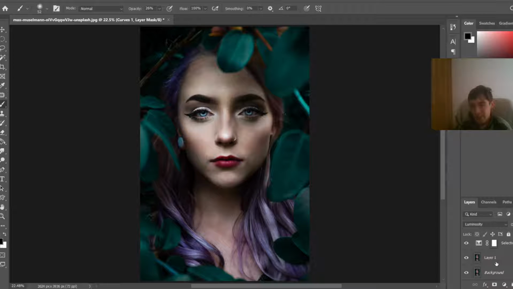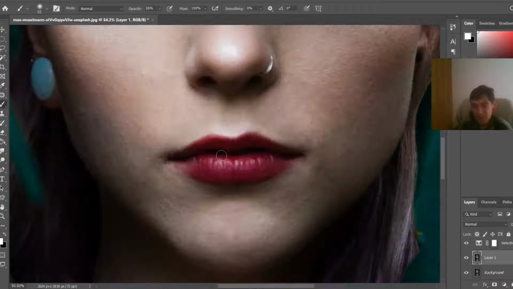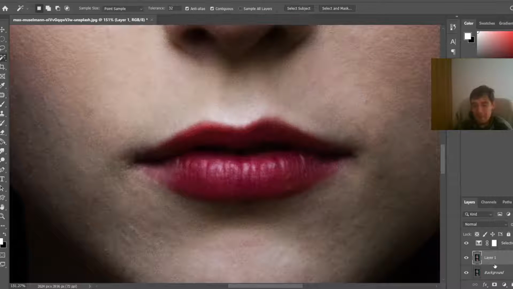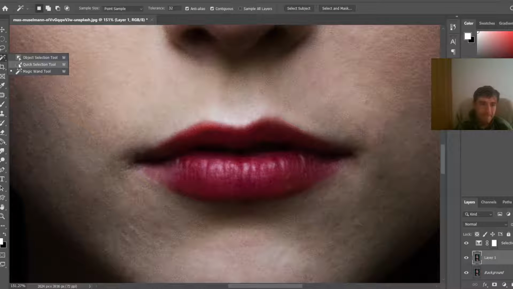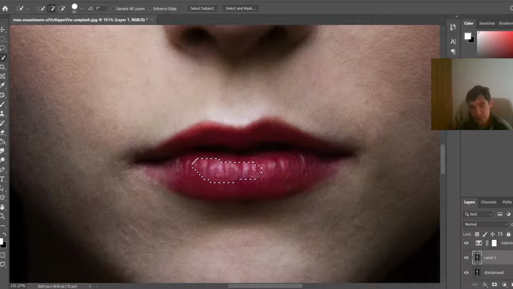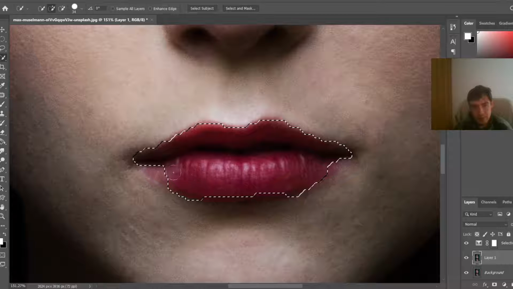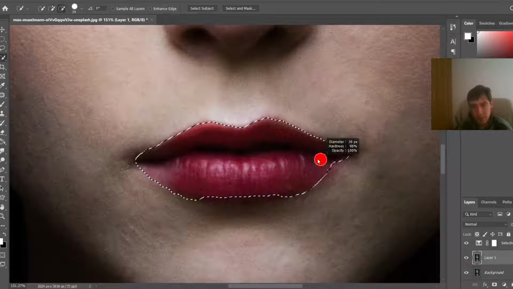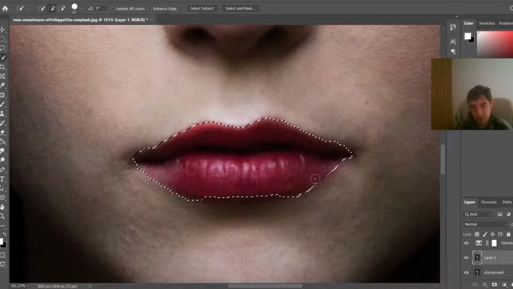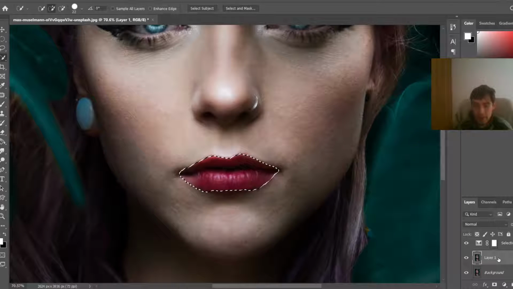Okay, let's try to do something. I'm going to take her lips and do an experiment. On the layer that is the original picture, I'm going to use the quick selection tool and just select her lips really badly, of course. If I want to do this correctly, I should use the pen tool. Then Control J to make a copy of what I select, and we have the lips here. Now with Control U,